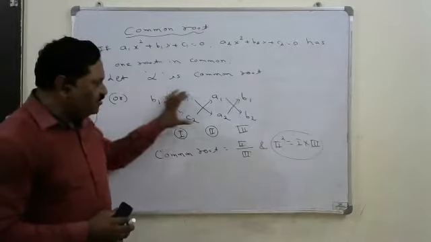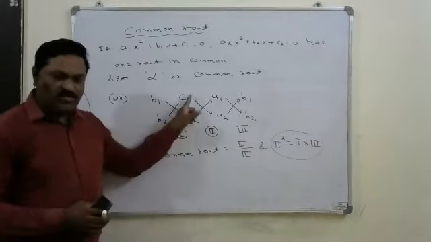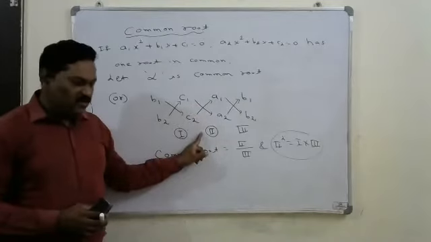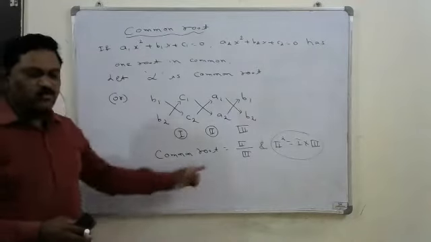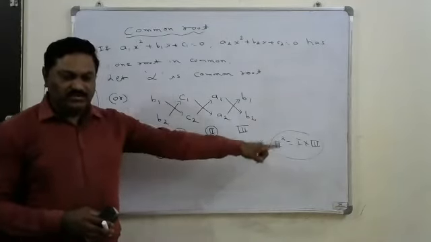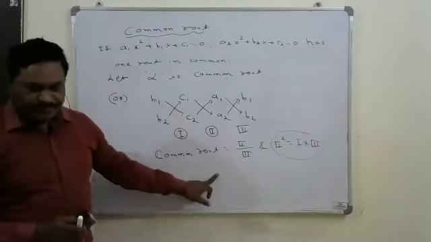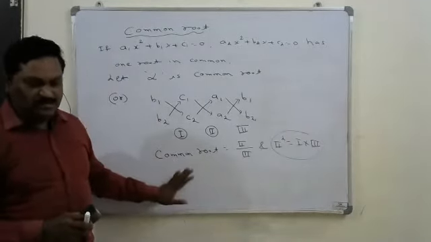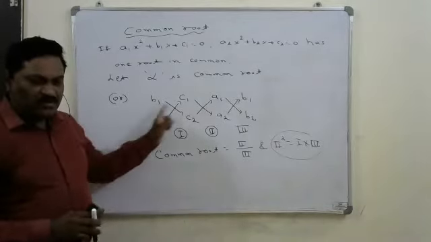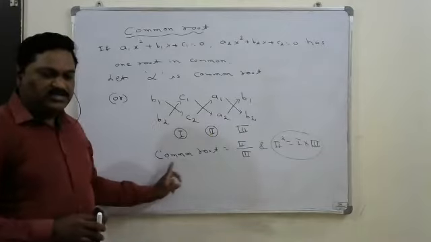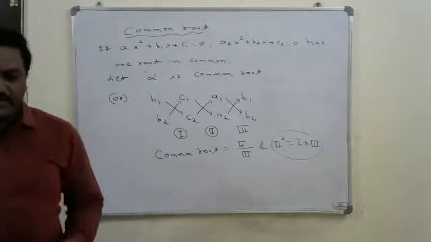So we will write in this format. Whatever value we get, call it 1, whatever value we get in the middle cross multiplication, call it 2, and call this 3. Then the common root is 2 by 3, and the condition is that 2 square equals 1 into 3. It is easier to remember than the formula. That's why remember the formula like this, or have this format. Then the common root is 2 by 3, and the condition is 2 square equal to 1 into 3.